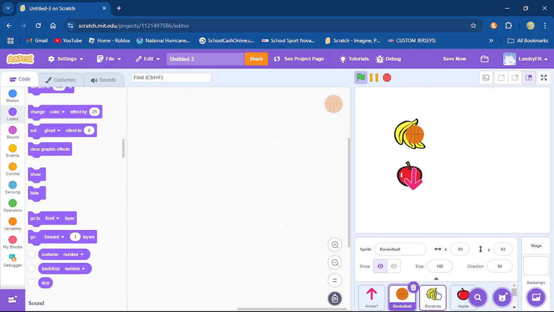All right. And if your basketball does not have the code forever go to front layer in it, even if it has go to front layer and it loads up before the menu does, it's still going to be behind it. I know that sounds confusing, but it's only going to fire this off once, and because it fires it off before the menu loads, it's still going to be behind it. But if you have this in a forever loop, then yes, it will be on top of it. That kind of thing is what you're going to have to remember when you're layering your graphics in Scratch.